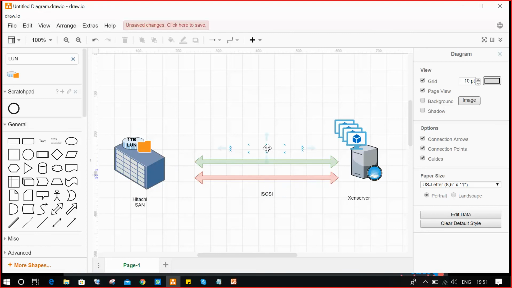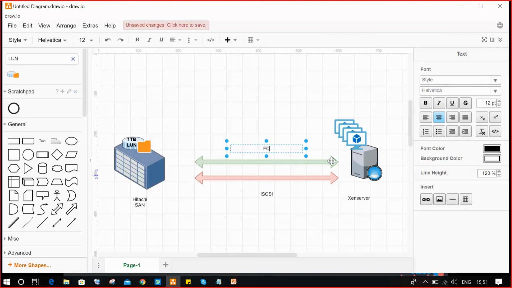If you're using the FC protocol, the LUN will be accessed by your Zen server's WWN number. So if you're using an FC cable, the address is in the format of a WWN number, the worldwide number.